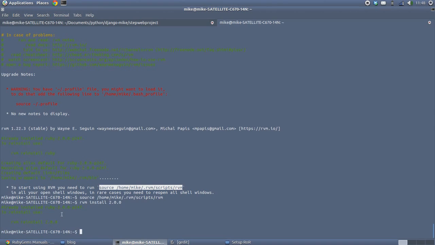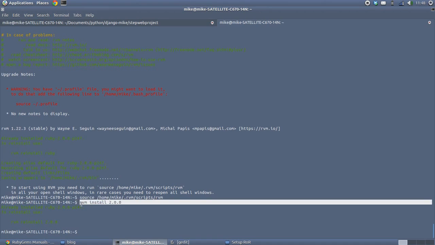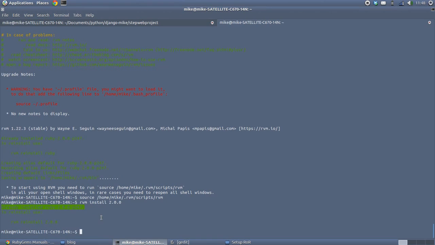Okay, so from that you can see that it says, if I highlight that, already installed Ruby 2.0 on my machine. So what it should do is, on your machine, it should then go away, download it, confirm that it's installed. Once it's downloaded and installed it, we want to make sure that instead of using the default version of Ruby that may be on your machine, if you've already got one installed, is changed to this 2.0 version that we